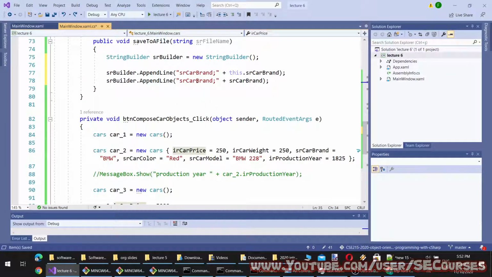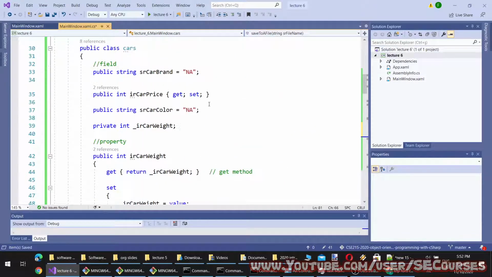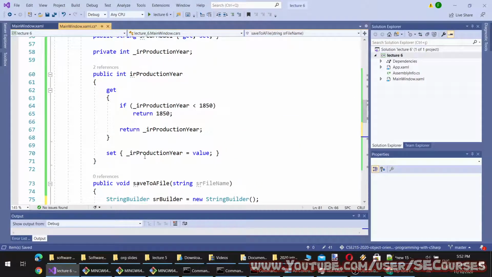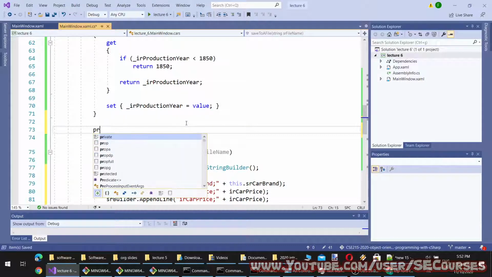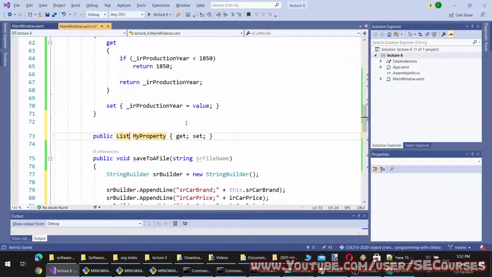Car price will be car price. Let's copy paste the things. Oh, okay, so if I also had a list, it would become even harder to save. Let's also add a list object, and let's define it as a prop, repair years.